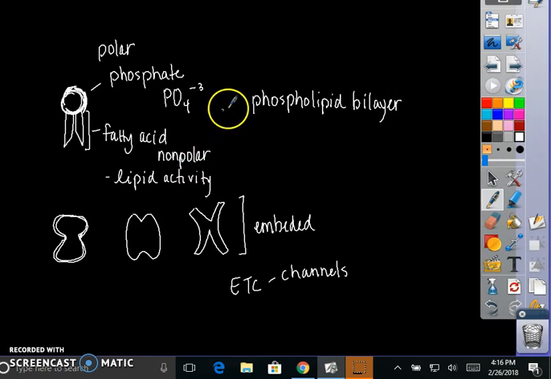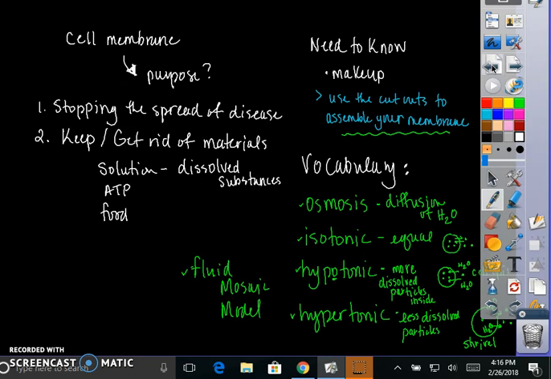Okay, now we had just finished talking about some basic anatomical features of the cell membrane. I'm going to back this up for just a minute to spend a little time reviewing. So the cell membrane, we're trying to define the purpose and understand what its role is for the cell. And we said, probably the best thing that it does is stopping the spread of disease, keeping everything in place and intact. And when we look at the functioning of the body, we realize just how important this is,